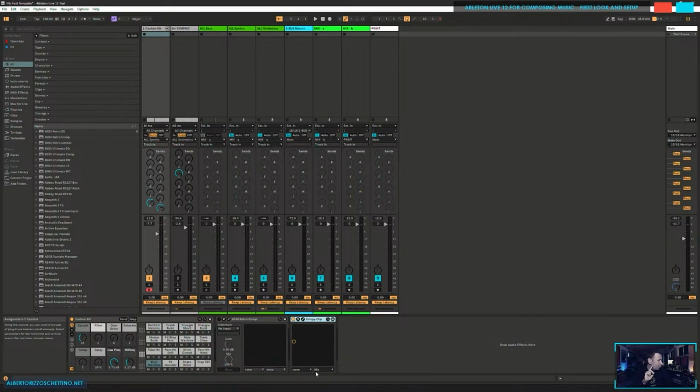Notice what I have done with this pad. Each insert has a pad that you can use to automate stuff. X, Y. You see this thing, mix here? I've said that the vertical axis has to be the mix. So when I play that,